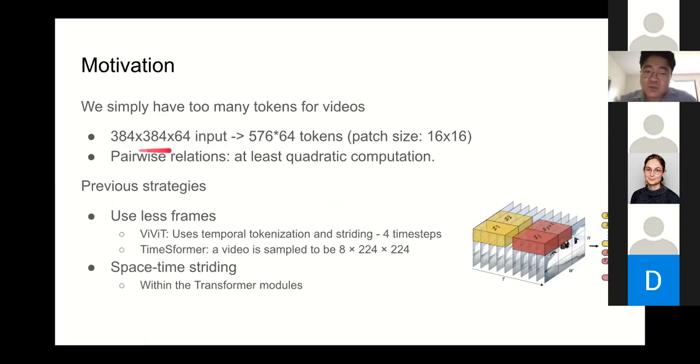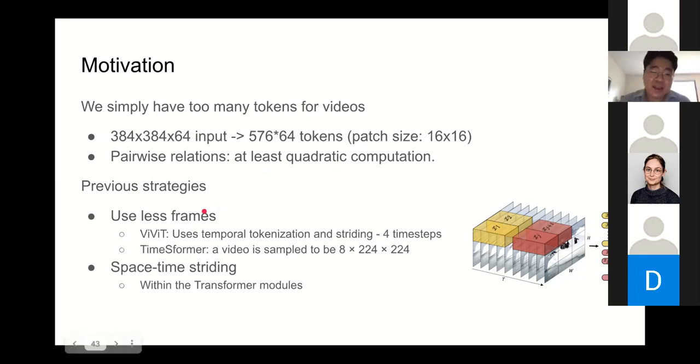If we look at this much input, 64 frames, and if we want to fully take advantage of 64 frames, which is not even too many, that's already this many tokens. Sorry, I messed up. This is the input size, and if we actually tokenize based on the patch size of 16 by 16, this is how many tokens we'll typically end up having. And if you look at it, this is like tens of thousands of tokens. And we need to model the pairwise relation, so the computation is at least quadratic to tens of thousands.